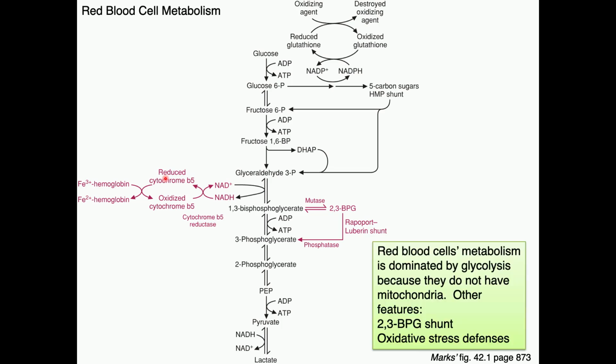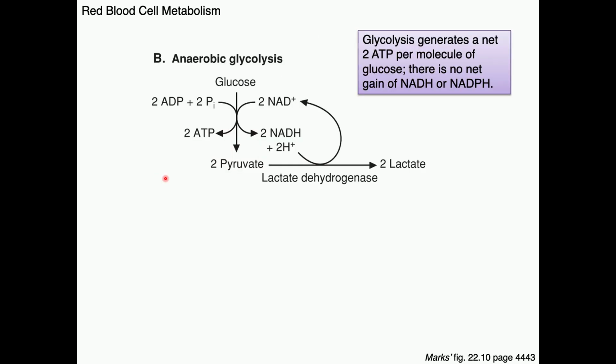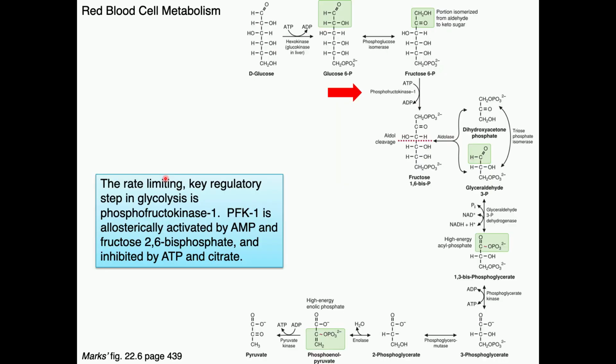Okay, so let me remind myself where we are here. If you can remember this about glycolysis, I think that gets you a long way. Basically, in anaerobic conditions, NAD+ needs to be regenerated through lactate dehydrogenase. Okay, simple enough. In terms of the regulation of glycolysis in red blood cells, the regulation is the same as in other cells, where you get inhibition by ATP and citrate, and then activation by AMP and